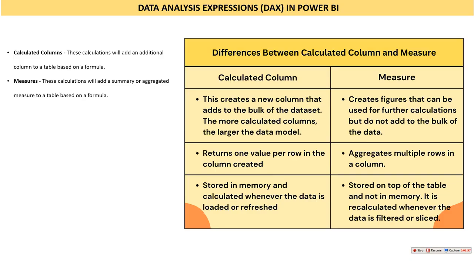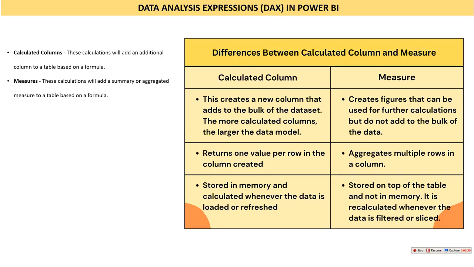The difference between a calculated column and a measure can be seen below. A calculated column creates a new column that adds to the bulk of the data. Like I said before, it will add an additional column to your table. The more calculated columns you have, the larger the data model. But a measure only creates a figure that can be used for further calculation, and does not add any additional